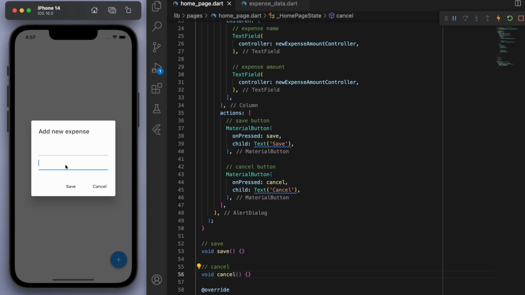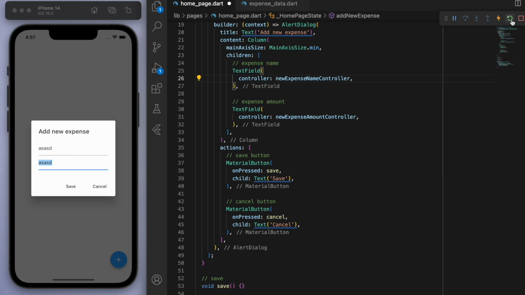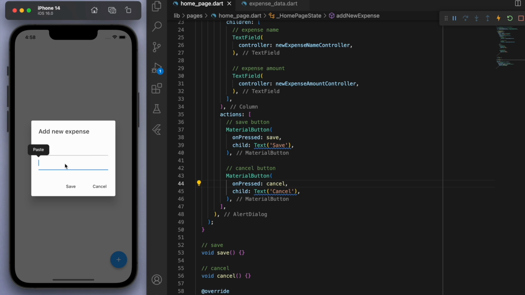Sweet, so we can type stuff in and then, looks like it's the same. Oh, the controller. Yep, the first one should have been the name controller. Cool, so once they type it in and I click save, we want to go to this save method and